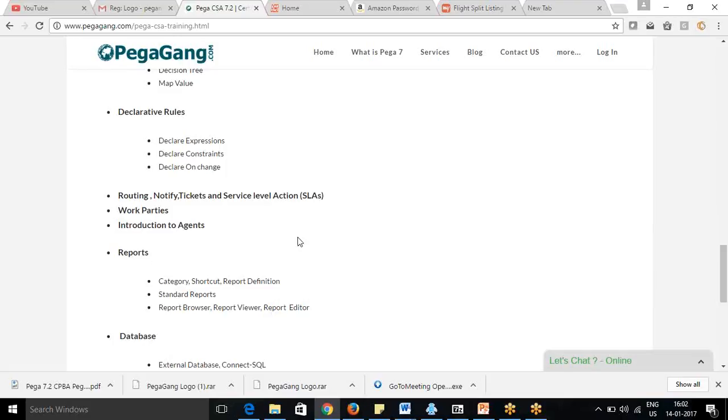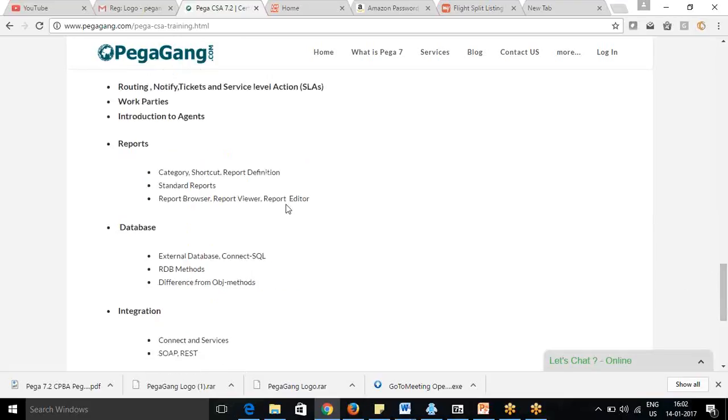Then we are going to cover reports: the different rules related to report definitions. We'll also talk about two rules which were in previous versions, list view and summary view, and the difference between the previous rules and the new report definition rule.